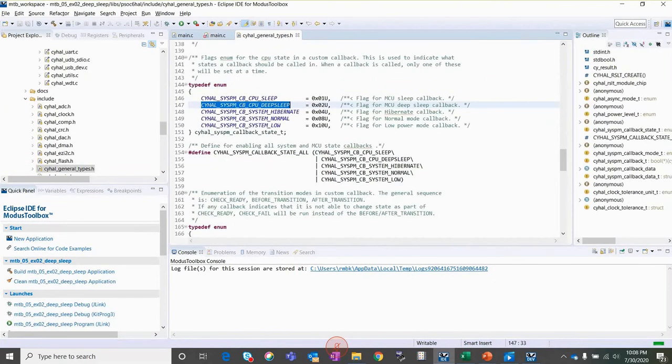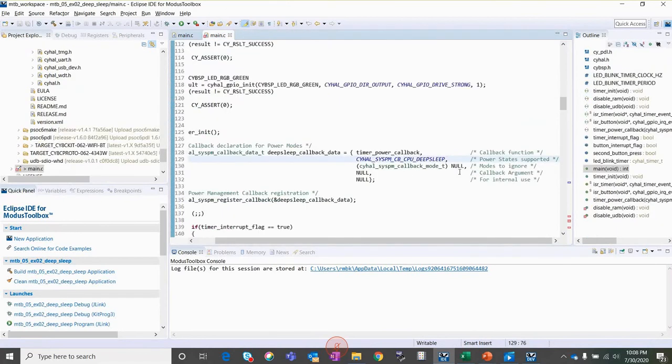Again, this can be an individual power state or a combination of different power states. You can also provide any modes that you want to ignore. Say if you do not have any code for, let's say, the before transition stage, then you can provide that mode here, and during the execution of callback, it ignores the callback in that stage.